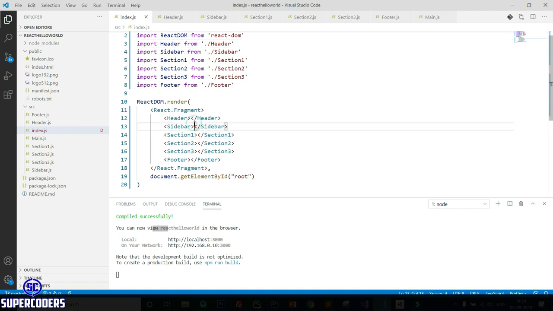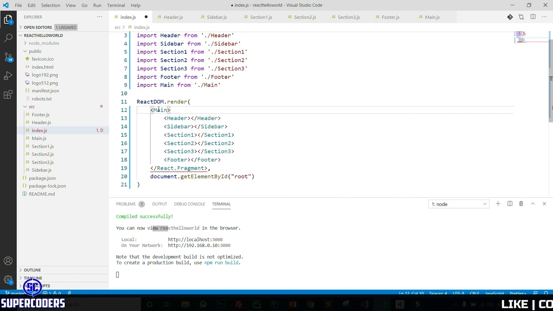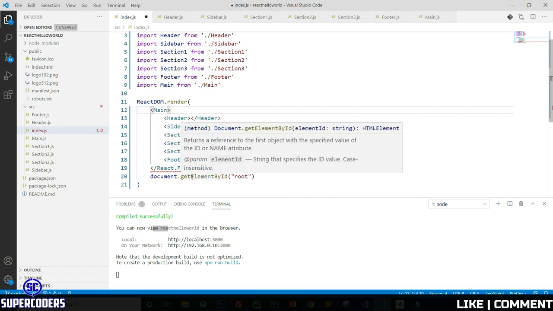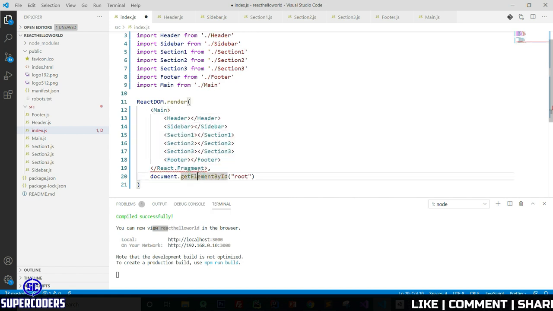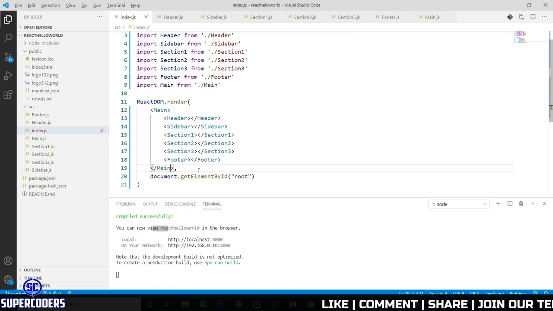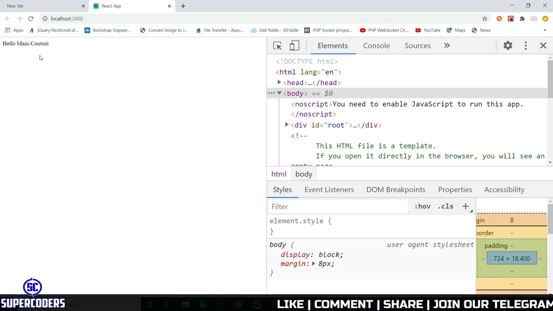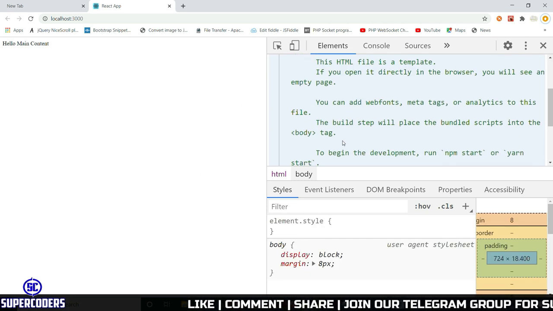So what is the error when I am using main? If I use main, it does not show anything because main becomes the parent content and we didn't pass any data in main.